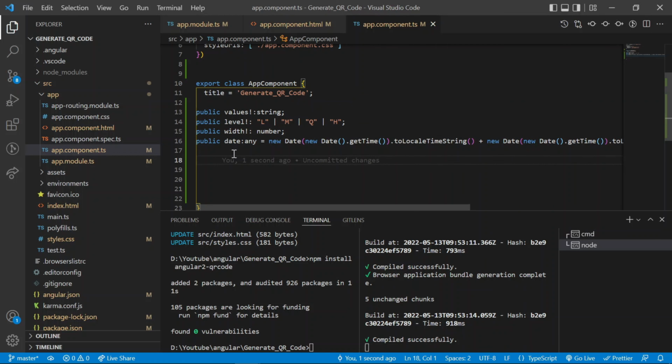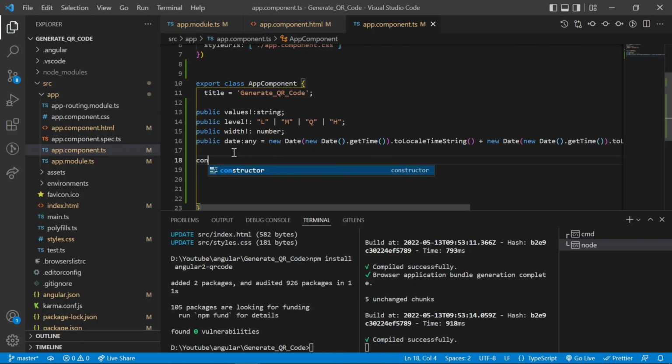Here I am going to use the constructor. By using the constructor, I am going to insert the default value for these variables. So what will happen when the program is executed? At that time it will have some default value.